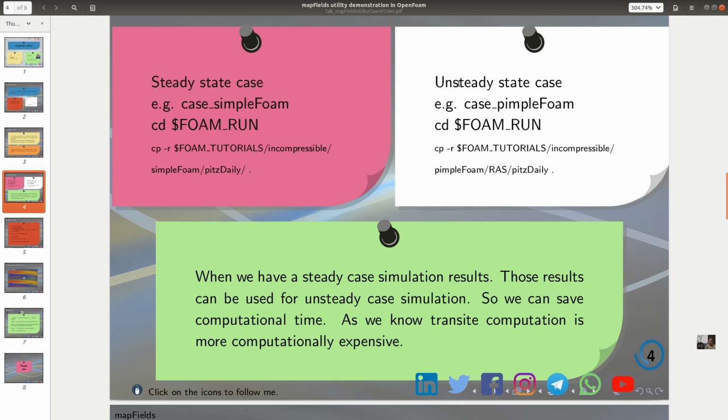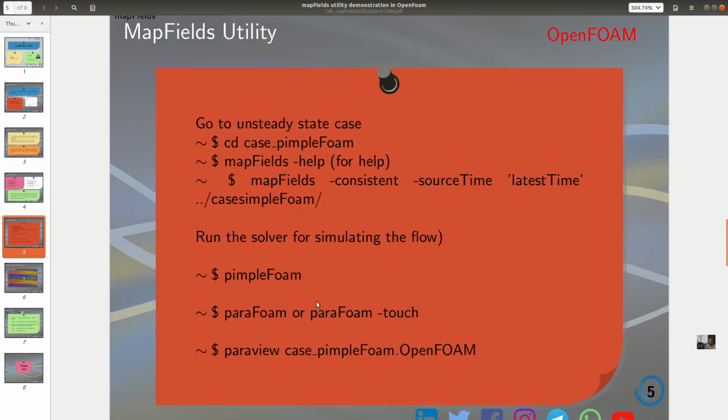If you start from the initial condition, the flow will take time to develop, so we can use the steady state results to save computational time. As we know, the unsteady computation is more computationally expensive, so this utility will help you get the solution.